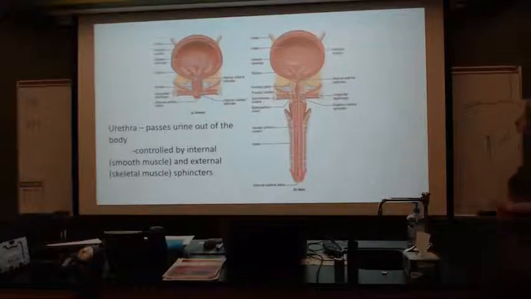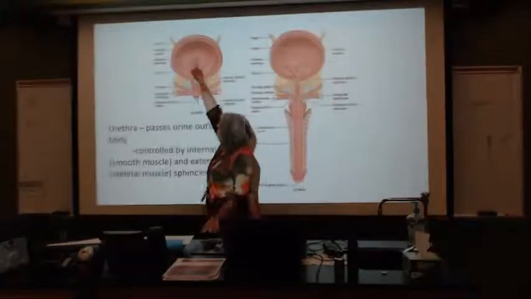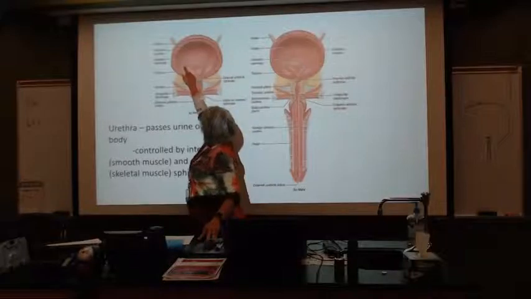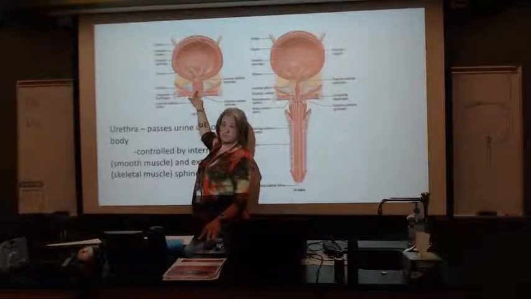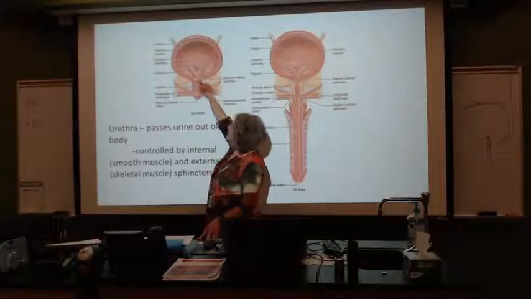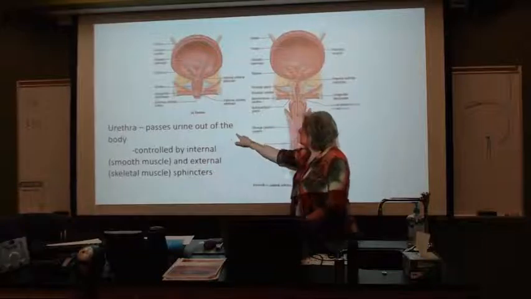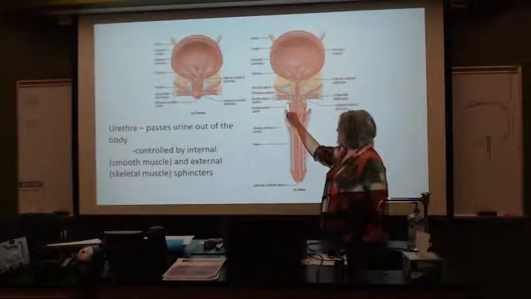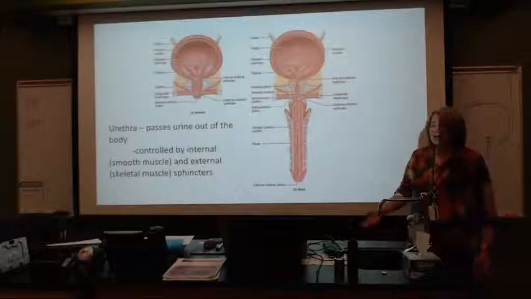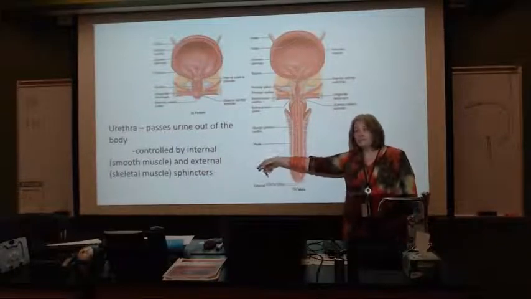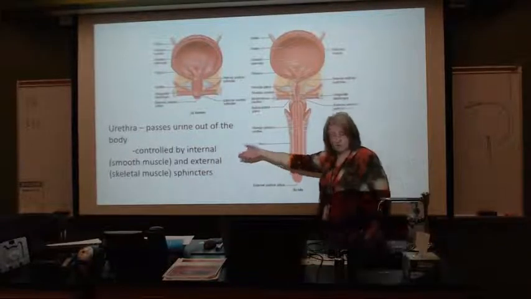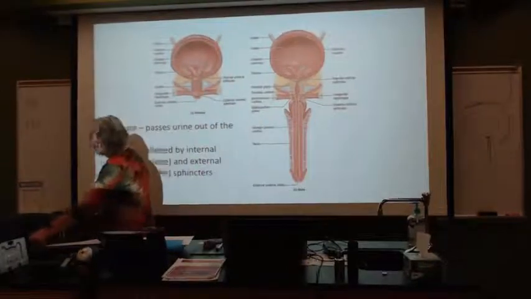So the structure that we're going to see, those ureters come in. We have the sphincter that's going to exit. You guys remember, there's the smooth muscle and the skeletal muscle. The goal is for that urethra to pass the urine out of the body and be controlled by those sphincters. The skeletal one is the one we train. So hopefully what happens under normal conditions,